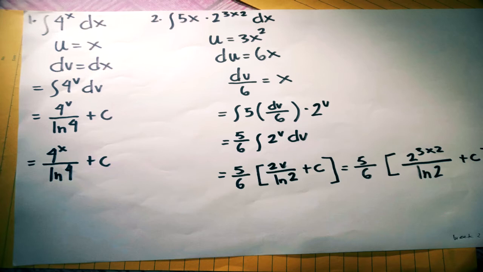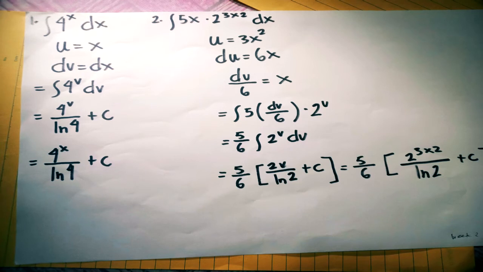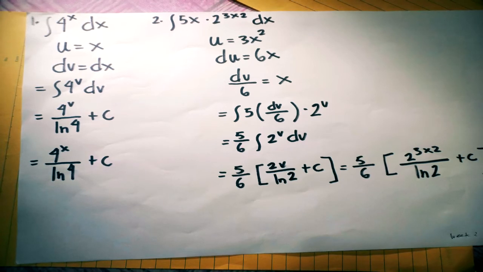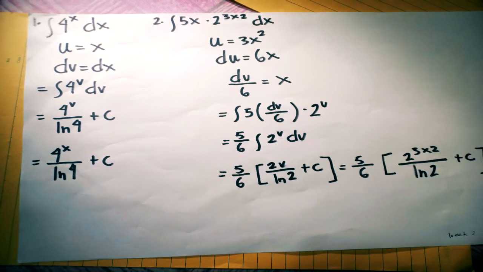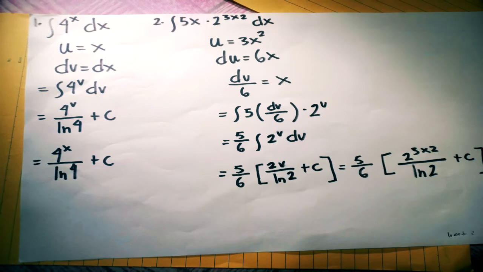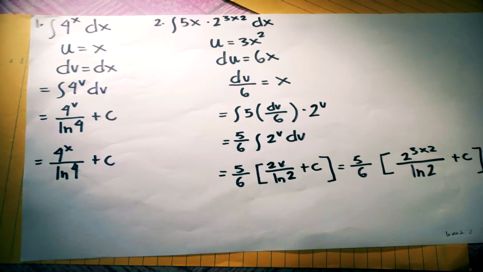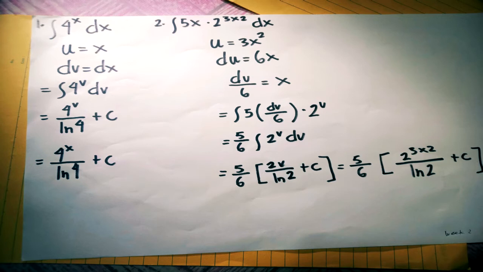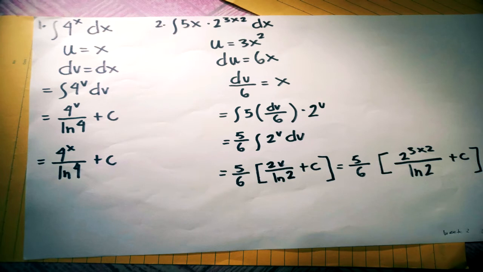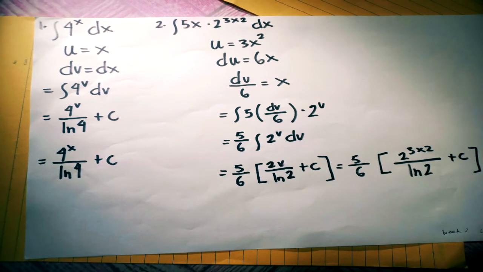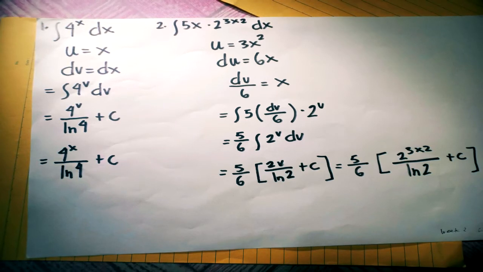Let u equal 3x squared, du equals 6x dx, so du over 6 equals x dx. This is equivalent to the integral of 5 times du over 6 multiplied by 2 raised to the power of u, which equals 5 over 6 times the integral of 2 raised to the power of u du, which equals 5 over 6 times 2 raised to the power of u over ln 2 plus c, and the final answer would be 5 over 6 times 2 raised to the power of 3x squared over